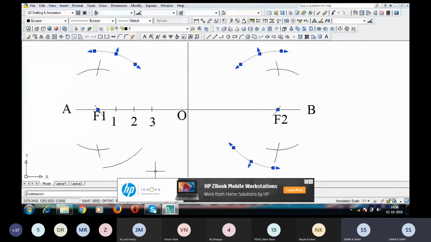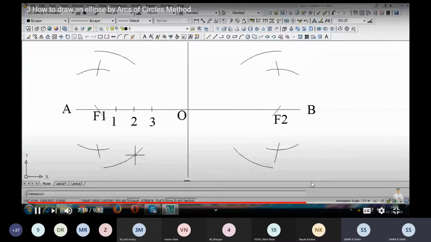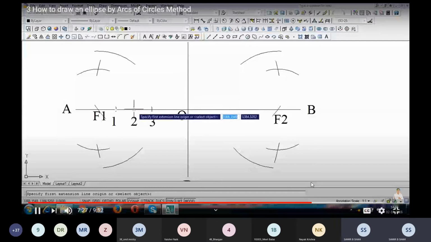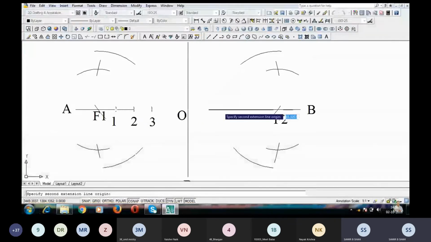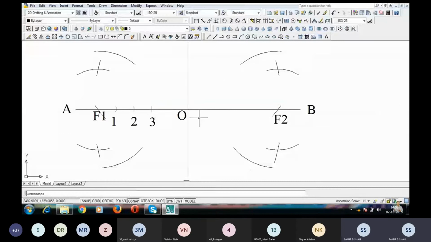All right. Now we have successfully put up 4 arcs. In order to find points, we need to cut these 4 arcs. And for cutting these 4 arcs, we need to take an arc of radius 2 to B. All right. Radius 2 to B first. So let us check how much this length is. Okay, this is 92.5. All right, you guys need to keep your 2 legs of your rounders over here, then take F2 as center, cut these arcs, then again take F1 as center, cut this arc over here, and this will cut somewhere here.